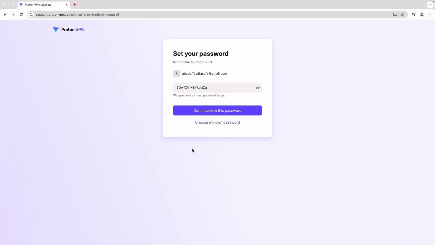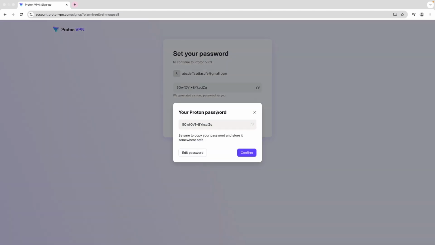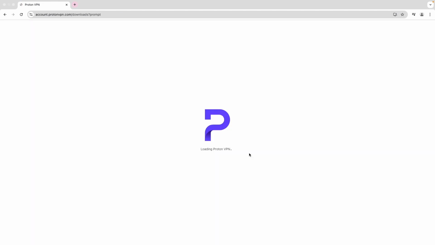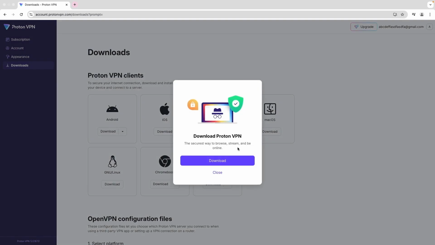And now once you have the password, you can continue with the password and start downloading your VPN. Now let's click on the download button,